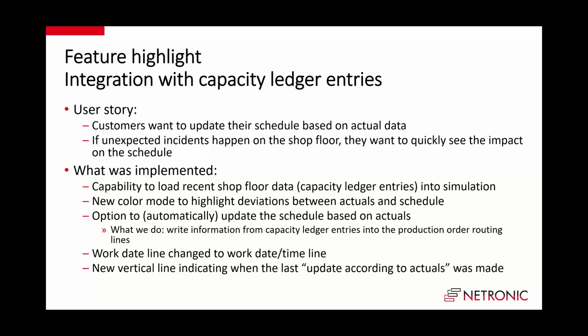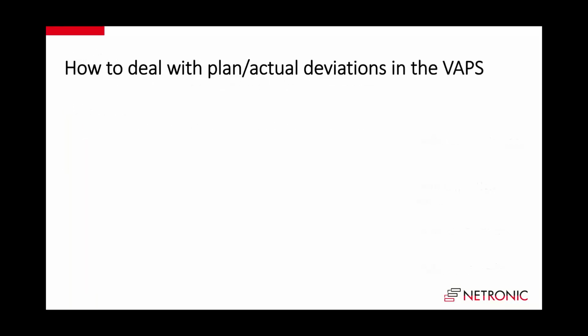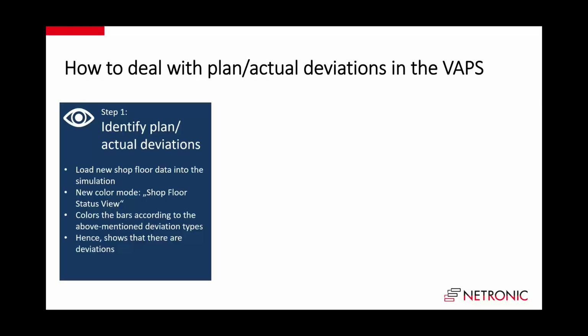So the process to work with this new functionality is always three steps. This is the majority of our customers, it happens all day, and it will be the same with your customers. You will have deviations between plan and actual, right? So you plan it and then things happen and you have deviations. And if you have this, then the first step is always to identify the deviation. So to see what